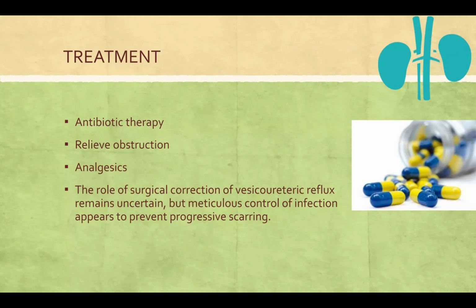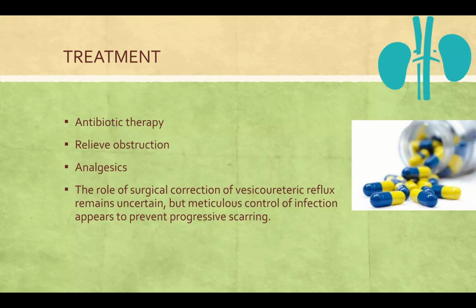As you have seen in the earlier slide, because of the obstruction of the ureter, the dilated pelvis will be there, and chronic pyelonephritis will occur due to the obstructive uropathy. Hence we have to relieve the obstruction by the treatment procedures, and we will give analgesics for the relief of pain, and the